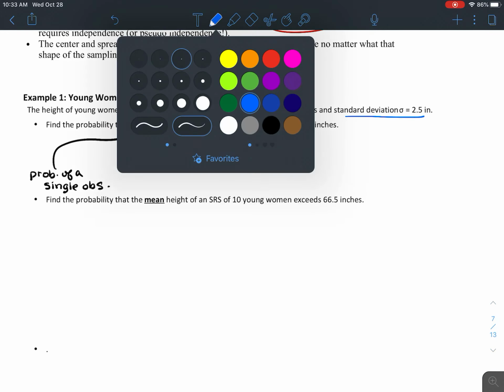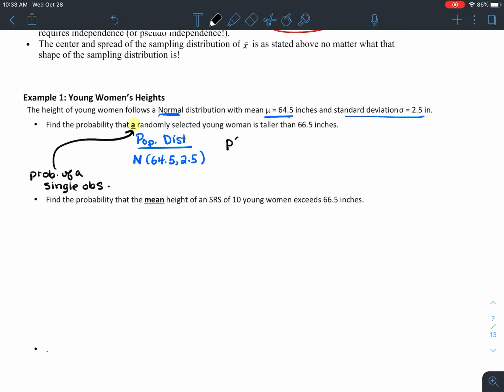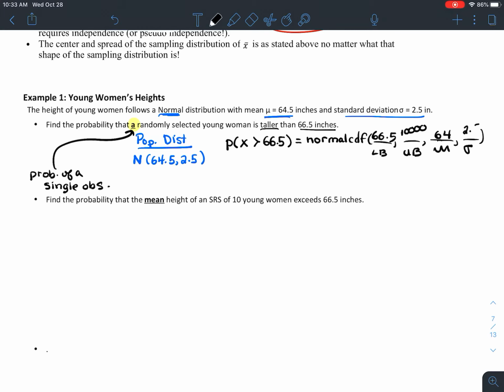The question that is being asked is, if you were just to select one young woman from this population, what's the likelihood that she would be taller than 66.5 inches? So I'm going to use normalcdf. I'm going to have a lower bound and an upper bound. Lower will be 66.5, upper bound will be 10,000. The mean, I'm using the population mean, and the standard deviation, I'm using the population standard deviation. This is going to come out to